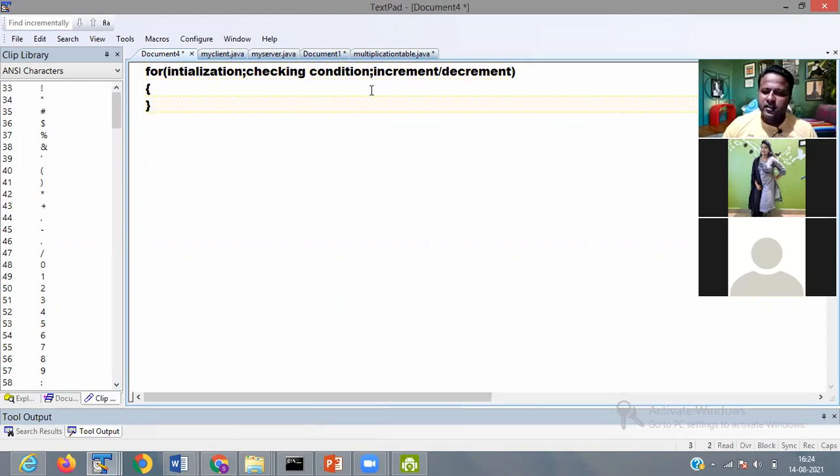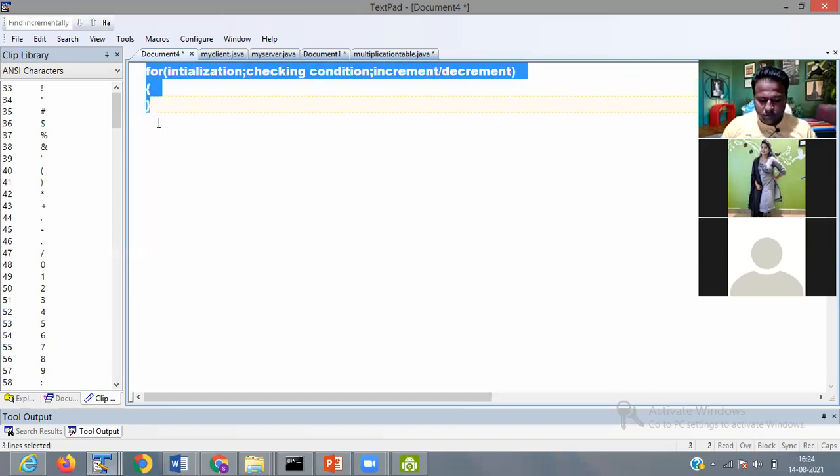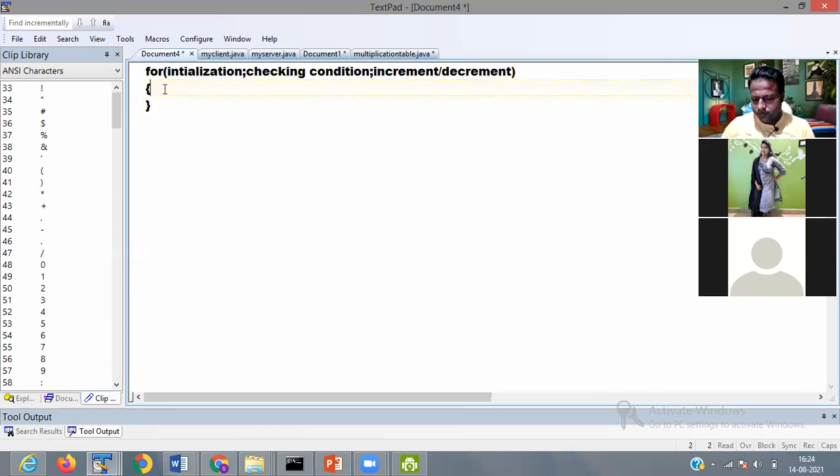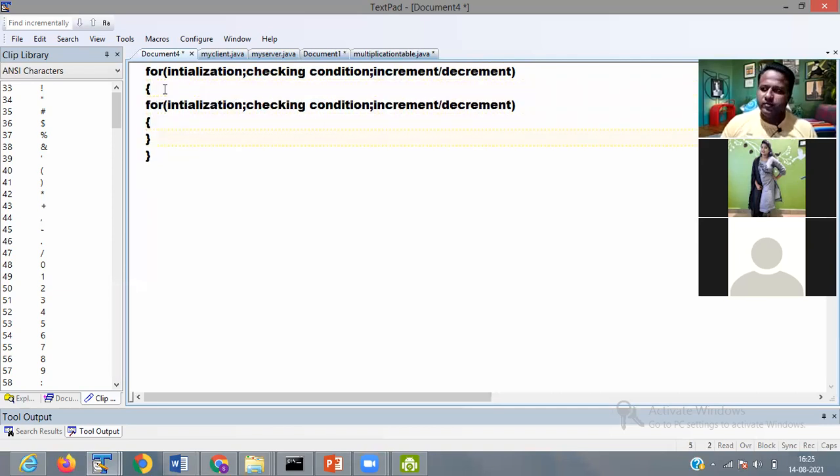Initialization, checking condition, increment or decrement. You have to use this for loop inside another for loop. In the for loop you have to pass another for loop, it is called the nested for loop.